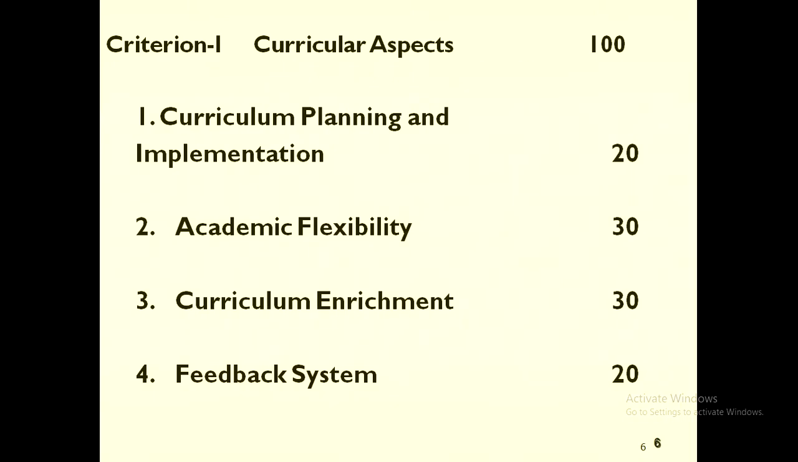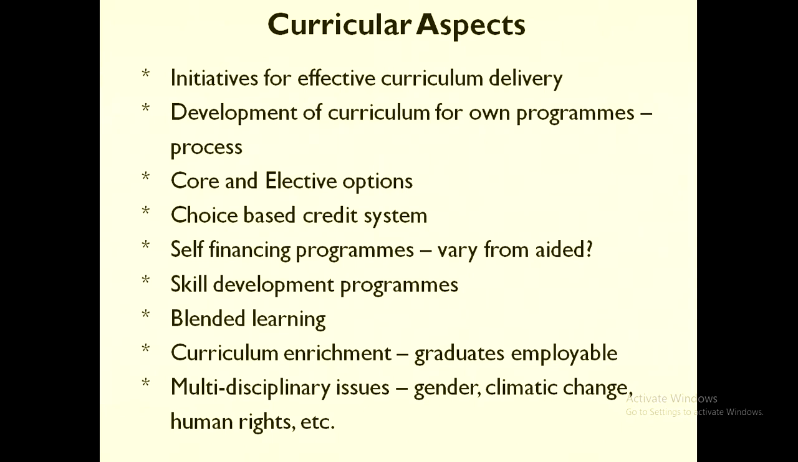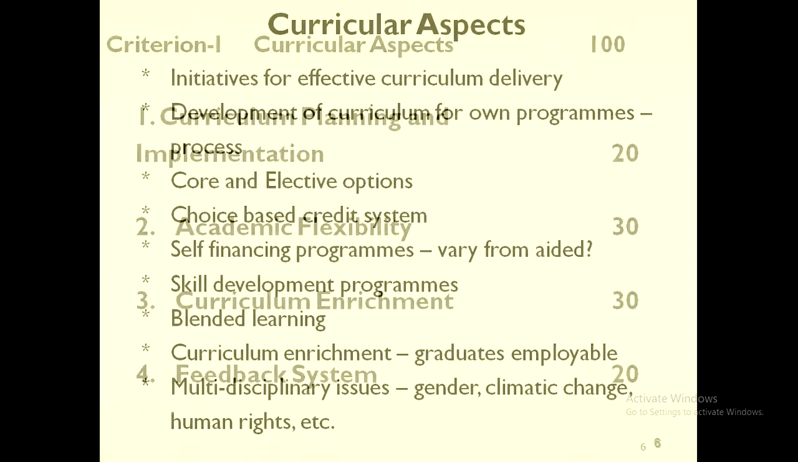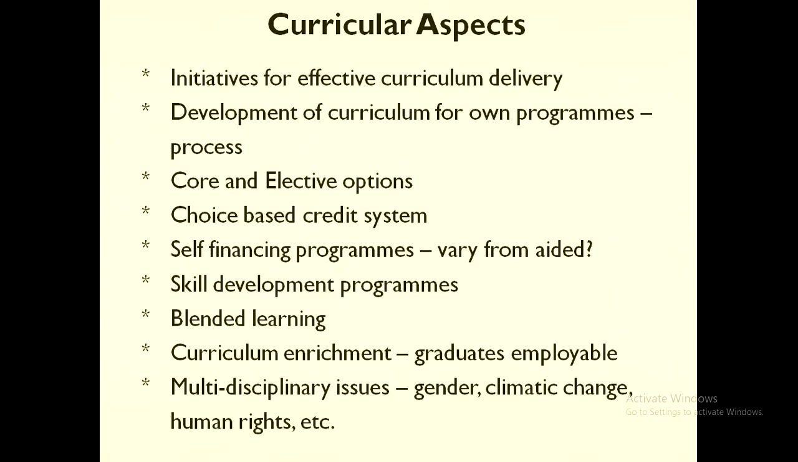Now in curricular aspects also, the 100 marks are divided into 4 sub-criteria: curricular planning and implementation, academic flexibility, curricular enrichment and feedback systems. So, in curriculum planning and implementation, during designing the curriculum planning, we have to keep in mind